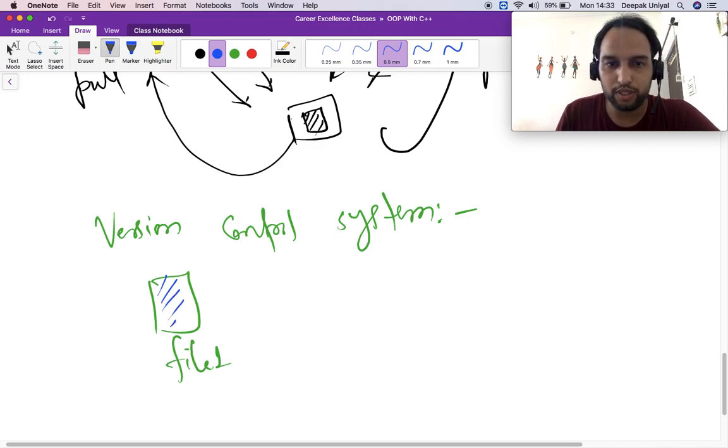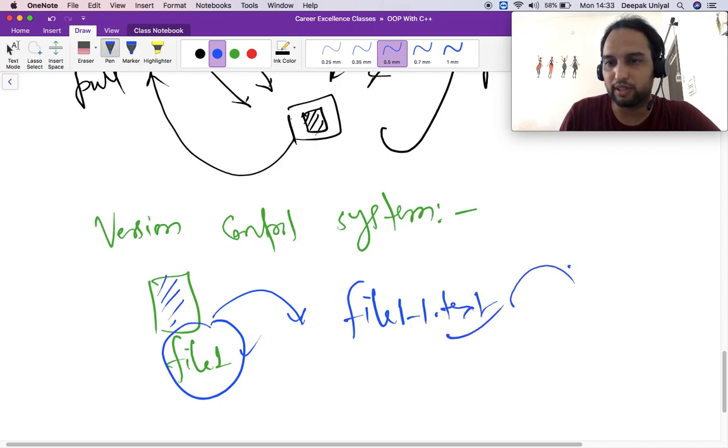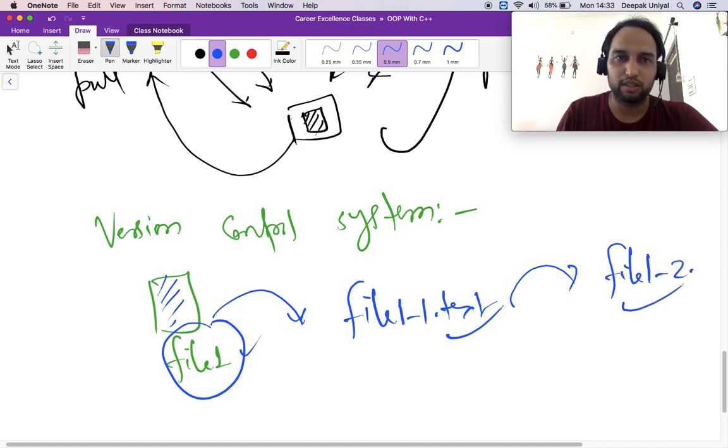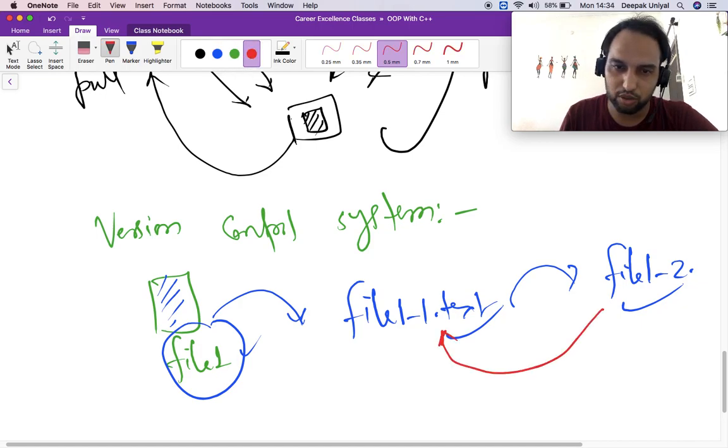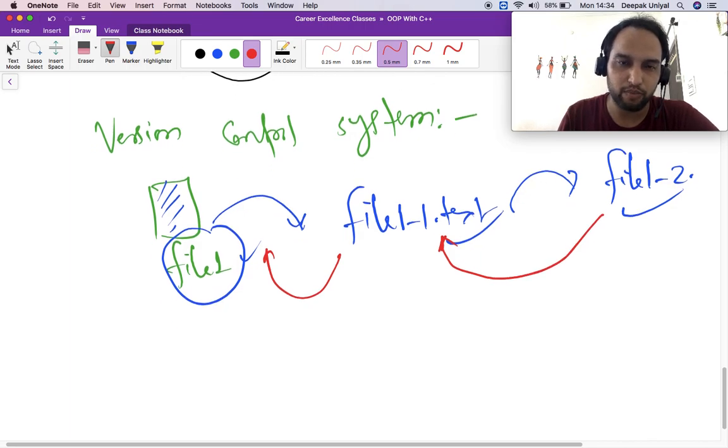If you want a new version of the file, either you save it under the file1 name or you create another version, file1_1.txt, or after that maybe file1_2 and so on, right? In that way you can always get file1_1 or file1 at any point of time. But this is a very difficult or lengthy process and you have to manage a lot of data, right? So that becomes very difficult for you.